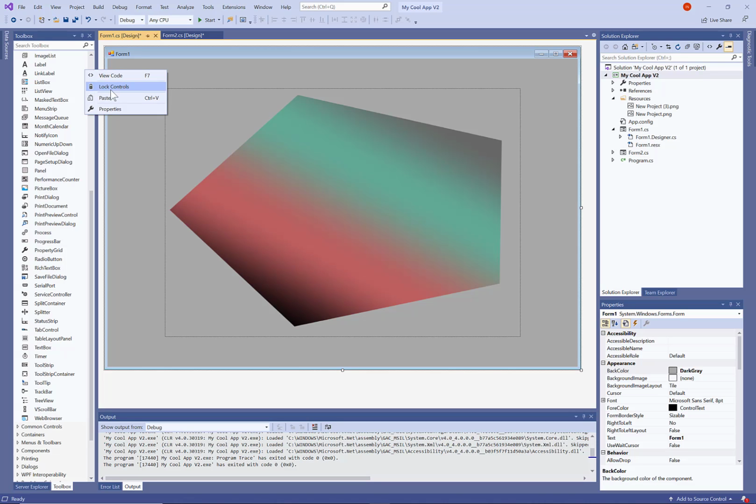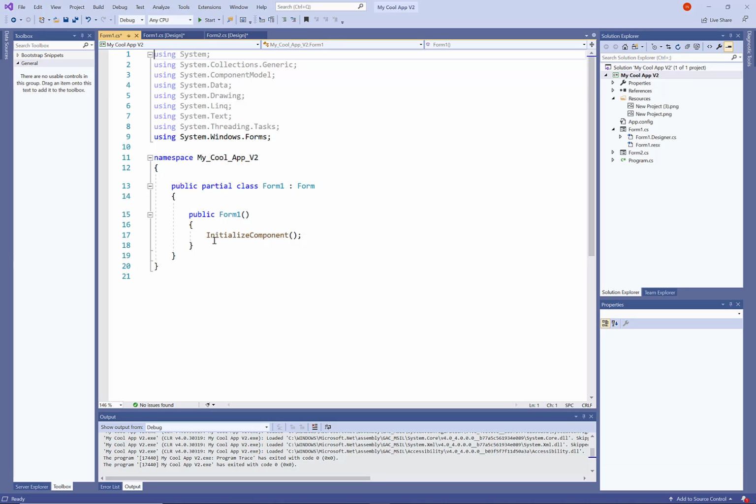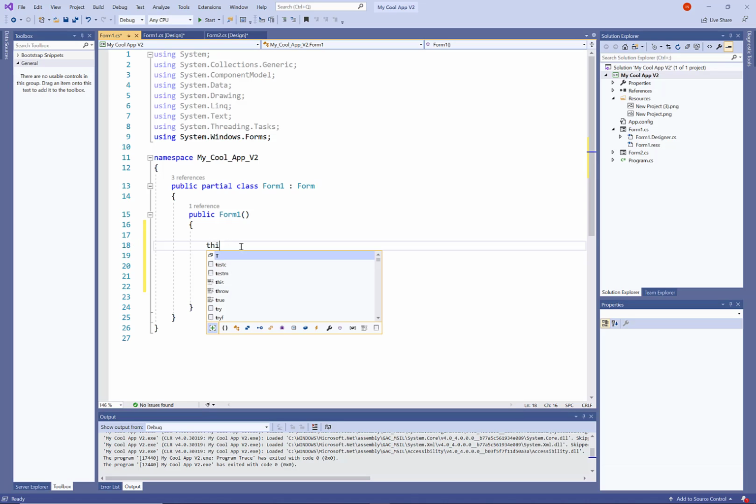Now by going to the code view, we will be able to add the code that we need in order to create the transparency. So this is where the magic really begins. To do this, we need to go to the public Form1, and let's press the enter key a few times. The first line of code, we're going to refer to the current form. So we'll say this.FormBorderStyle